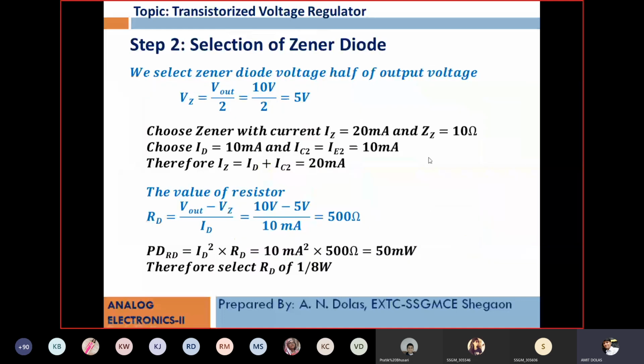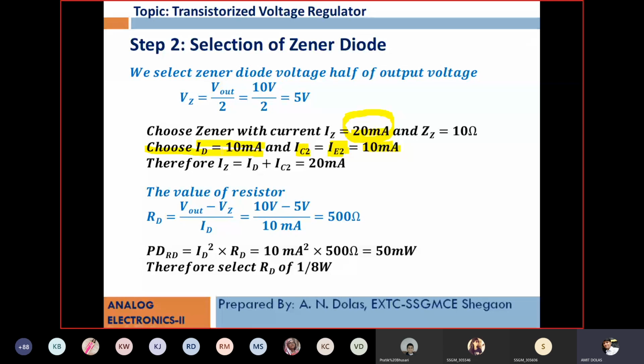We have already assumed that Zener current is 20 milliampere. Therefore, you may divide it. Of course, you have to choose. I have chosen that ID is 10 milliampere, IC2 or IE2 similar, approximate, neglecting base current. IC2 or IE2 is 10 milliampere. You may go for 5 and 15. You may go for 15 and 5 milliampere. You may separate this 20 milliampere in any value. You may choose that